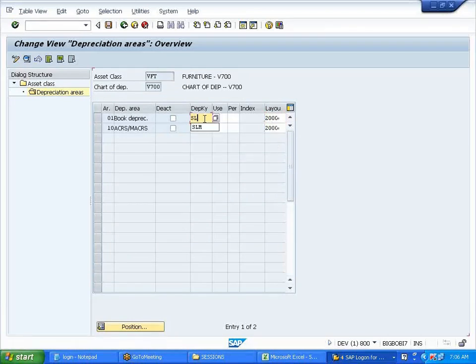I'll use both same. Okay. Or let me put for this SLM and sorry. For this I'll keep it as useful life and WDV.